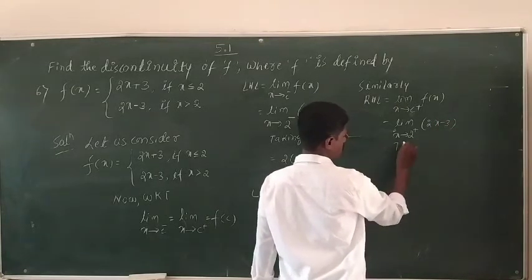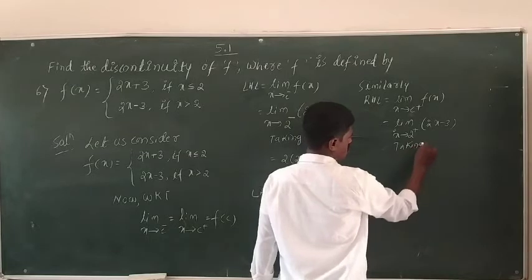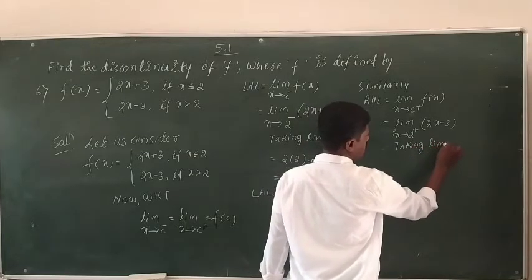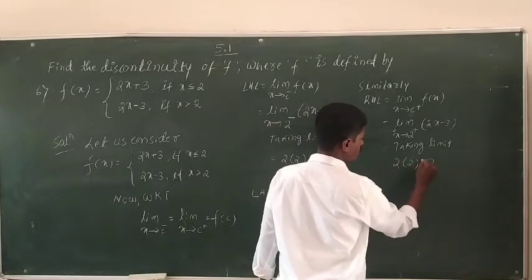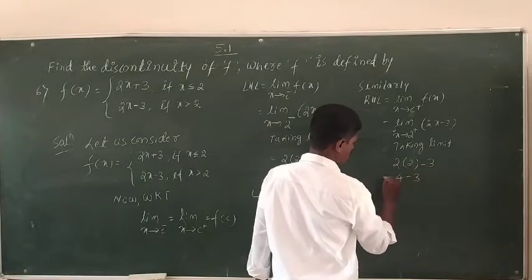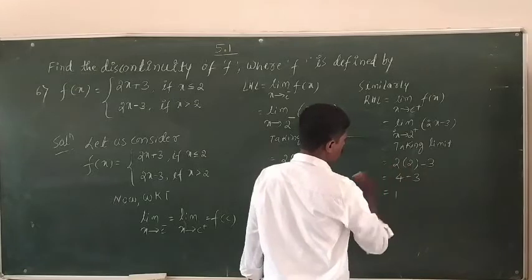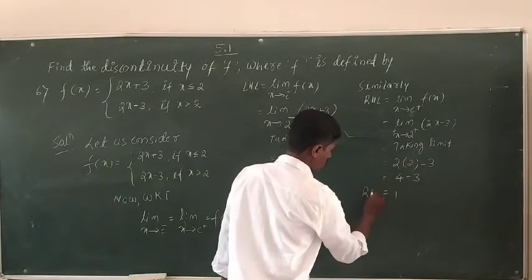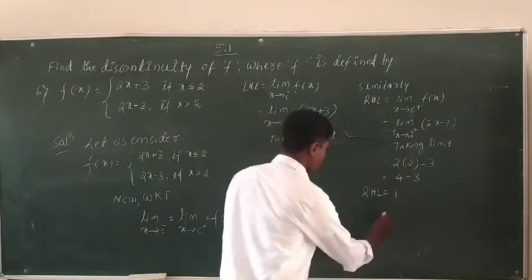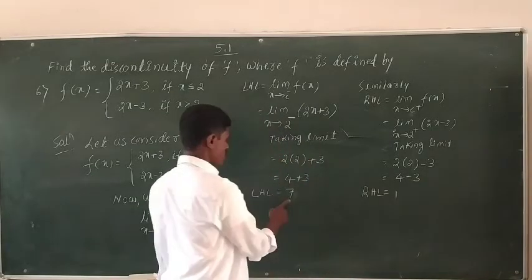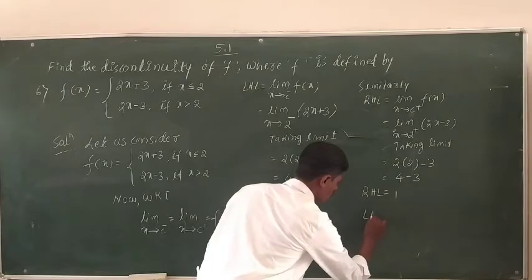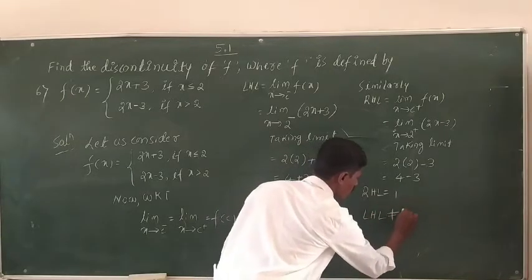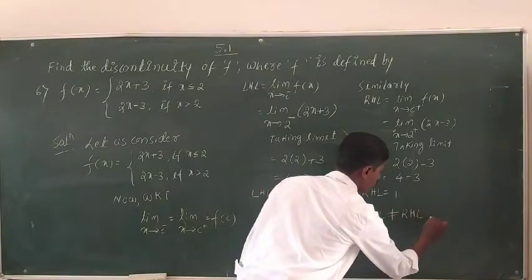Taking the limit, that is 2 into 2 minus 3, which is 4 minus 3, that is 1. So this is the RHL. Here the LHL is 7 and the RHL is 1, hence the limit does not exist. LHL is not equal to RHL, therefore